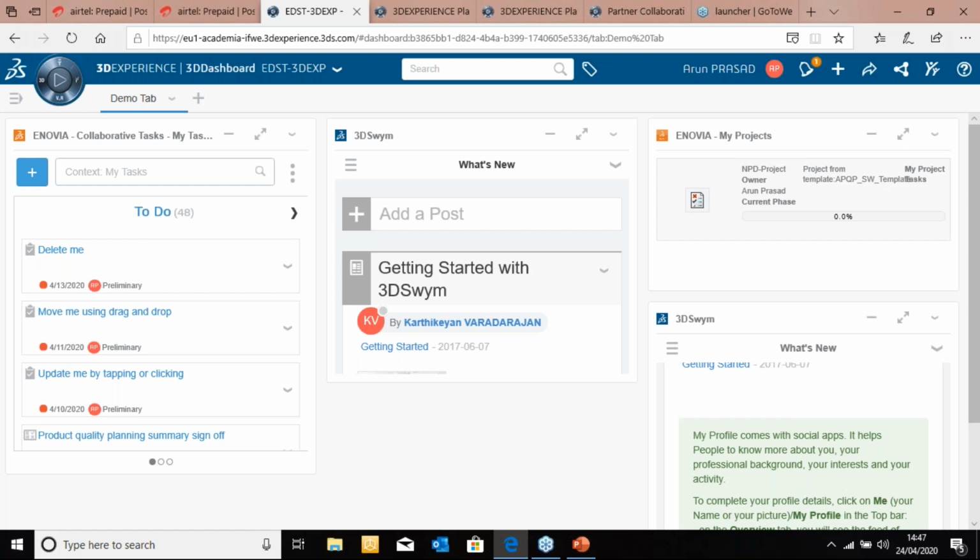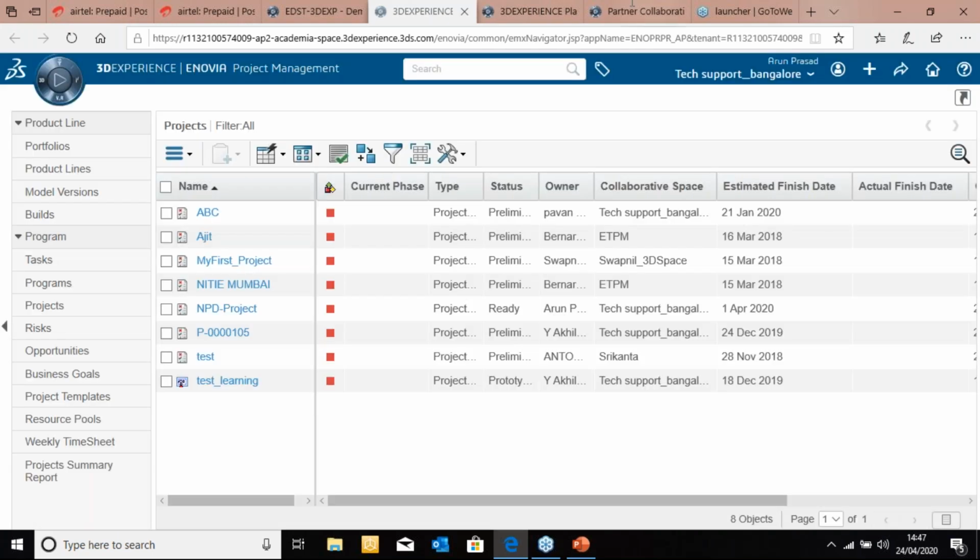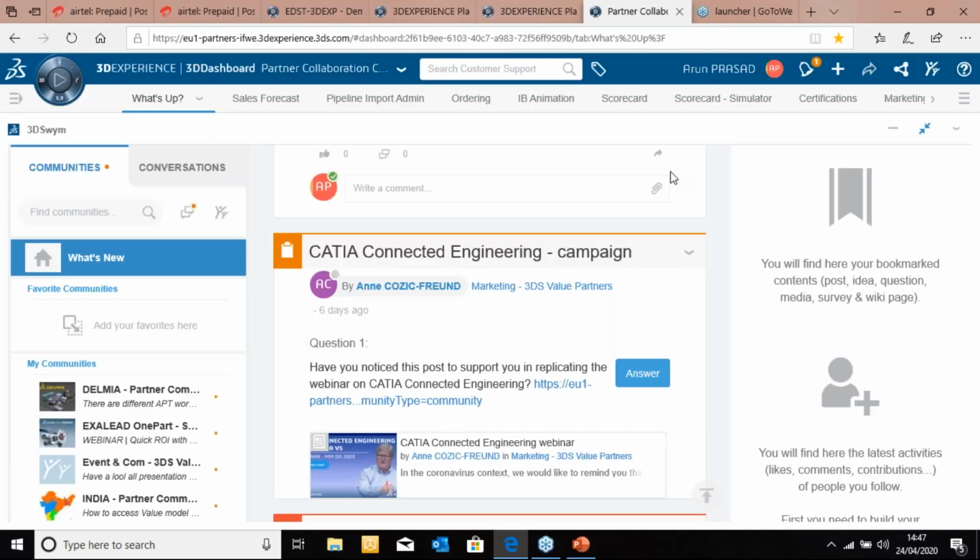3D Experience platform helps you to connect to all these industry segments with various solutions hosted in it as part of the system. So at this point of time, when we are locked down at home or in remote locations, and at the same time we need to be connected to our resources, to our customers, and so on, this is the platform that I was mentioning, where you can stay connected. You bring about a collaborative environment where I can build a community.